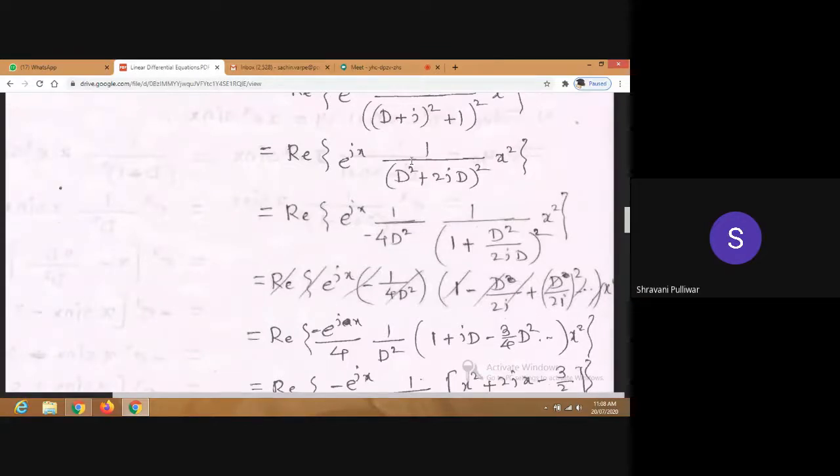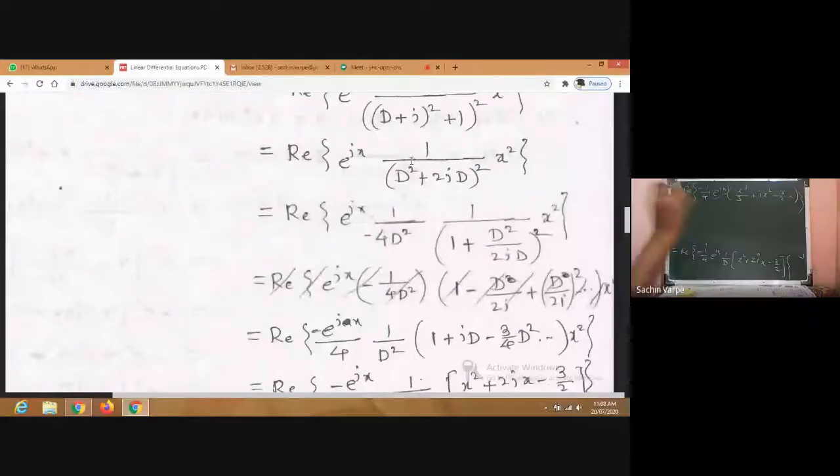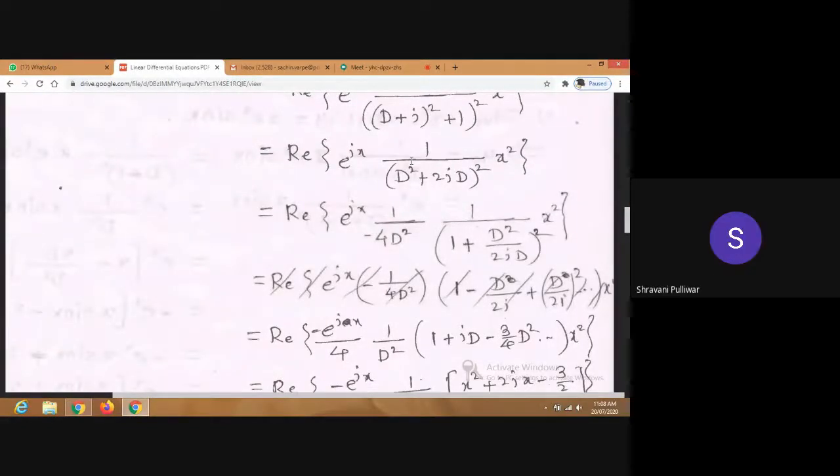Sir, you missed one term. Which one? It was minus 1 upon 4 d square, not d, because we took minus 4 d square common from that denominator, right? Yes, sir. So you missed one d square term. So we have to integrate it one more time. I'm sorry again. So that is again 1 upon d of this. No problem. Thank you.